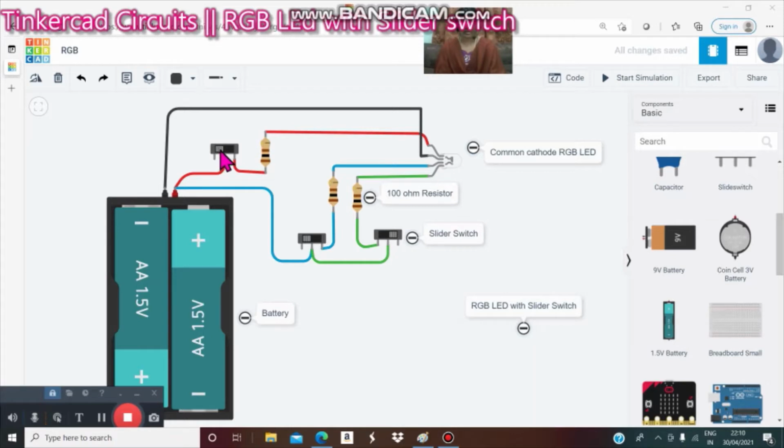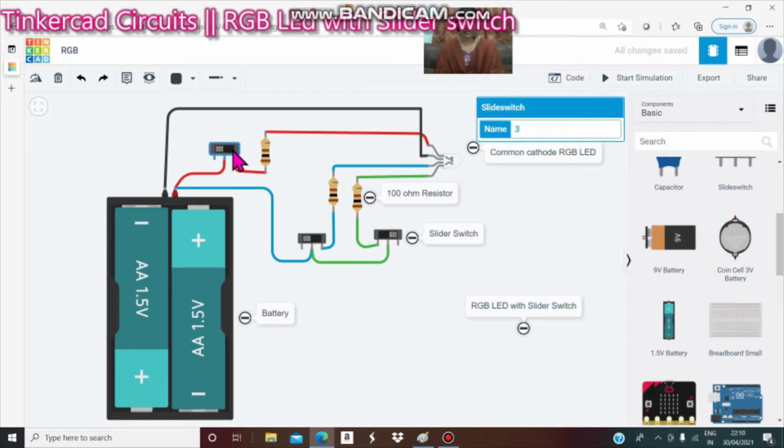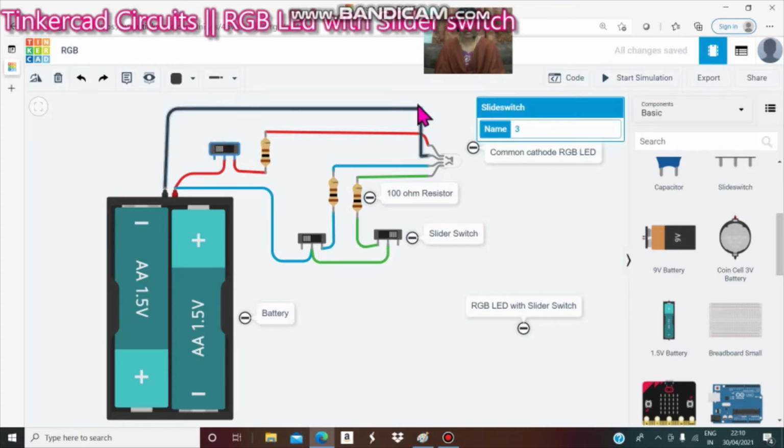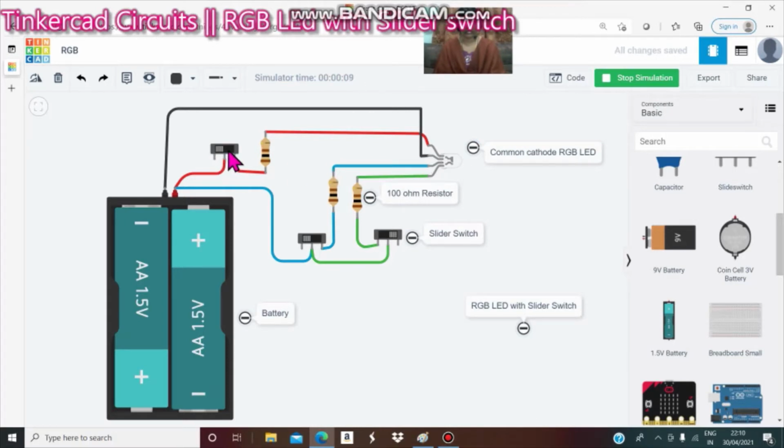When you switch on the red light, okay, you can see the red LED light.